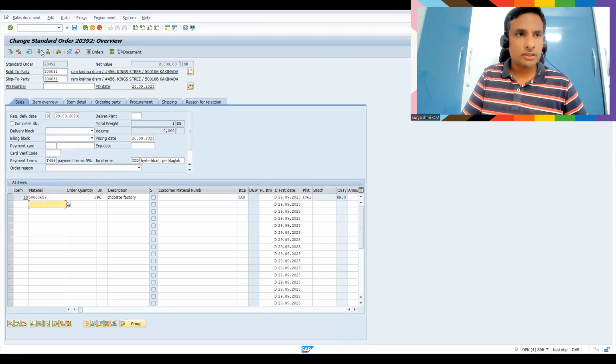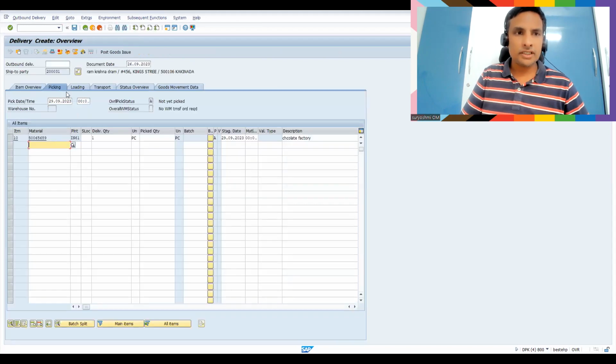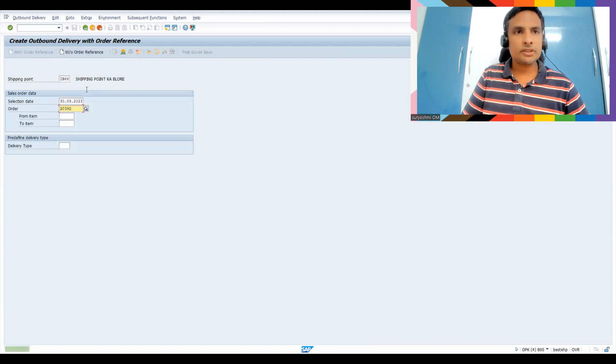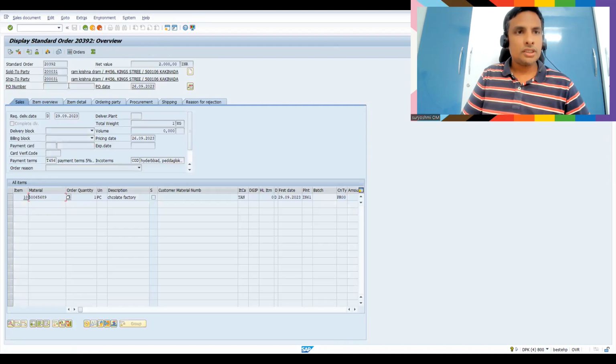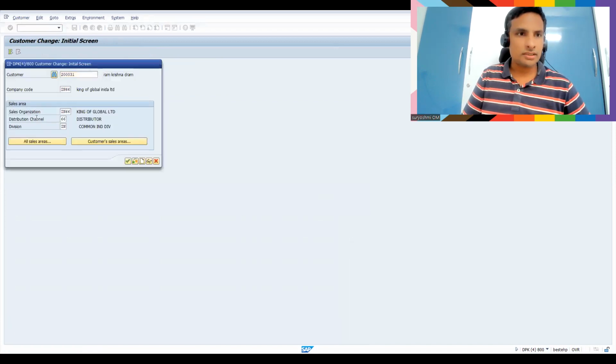Like for example, let me try to do the delivery. For example, you haven't delivered it. This is the open delivery. Even if you do PGI also, nothing will happen. So now go to VA03. If you press enter, this is fine. Now I would like to change. So the subsequent document is created, right? But still,